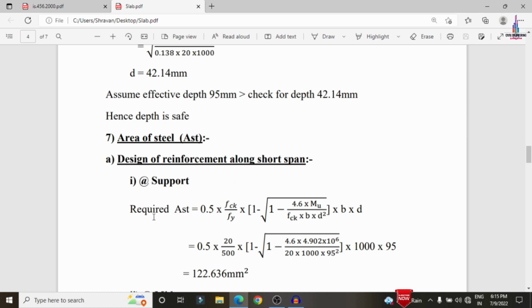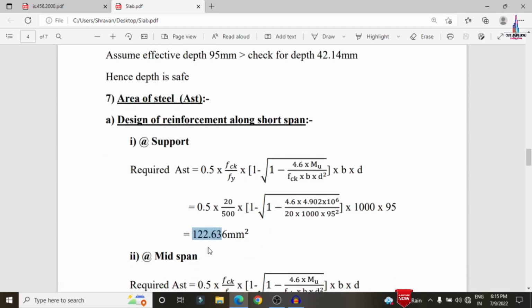Okay, at the support condition we have the formula Ast equals 0.5. This formula is available in the IS 456 2000 code provisions; you can check it directly. So Ast equals 0.5 into fck divided by fy into 1 minus square root of 1 minus 4.6 into Mu divided by fck into b into d square, into b into d. If you substitute the values, 0.5 into 20 divided by 500 into 1 minus square root of 1 minus 4.6 into 4.902 into 10 power 6 divided by 20 into 1000 into 95 square, into 1000 into 95,